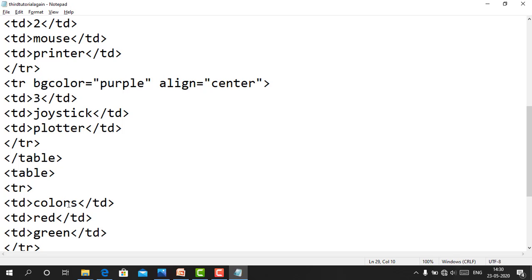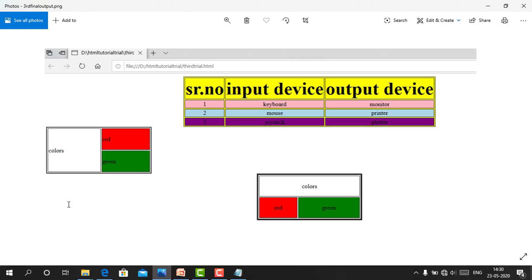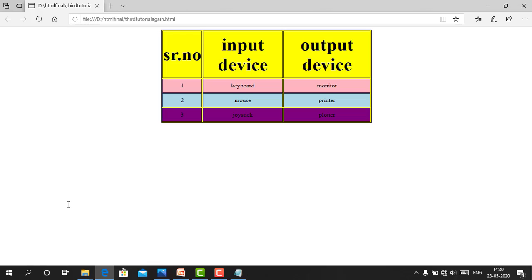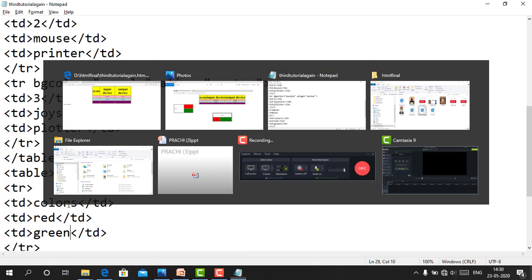Okay. By doing this, the one row is created in the another table. Okay, just refresh this. One row, we didn't set the output screen, sorry, border.